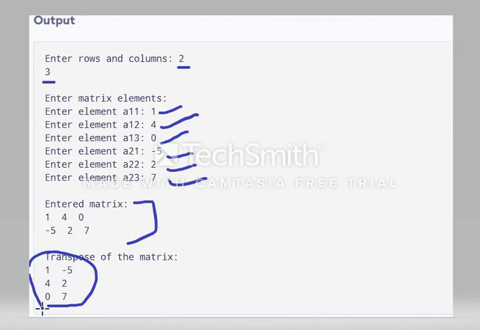You can give any order of matrix like 3 by 3, 3 by 4, 4 by 4 or 5 by 5. Based on that, you have to enter the number of elements into the matrix. After that you have to assign the logic: transpose of j i is equal to a of i j. That means the rows you are assigning become columns, and columns become rows. That is the functionality of the transpose of a matrix.